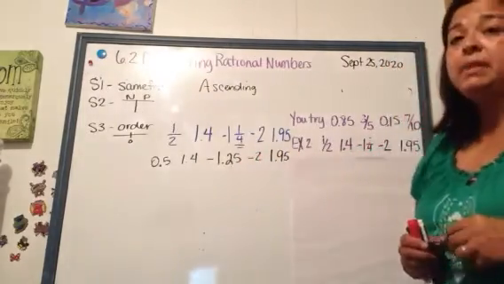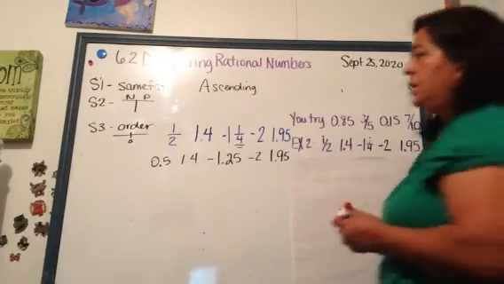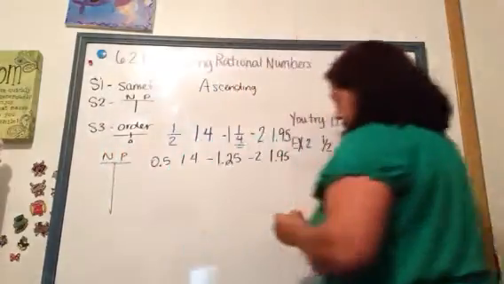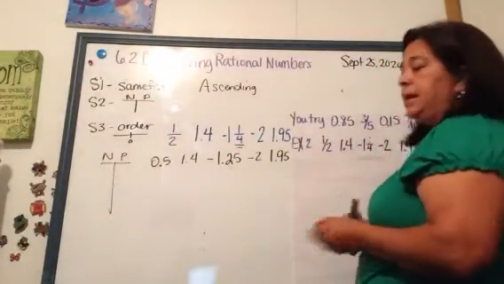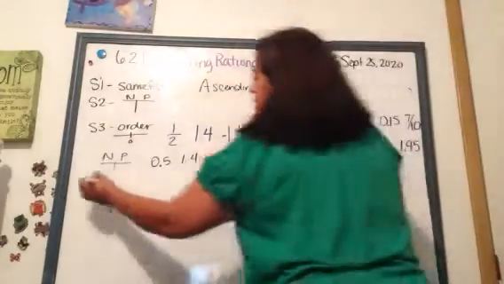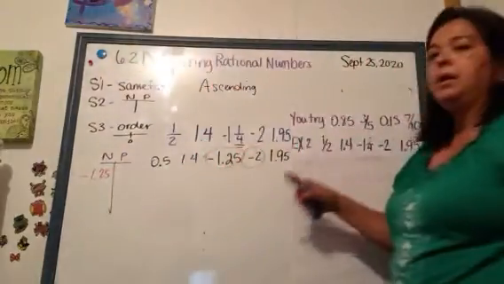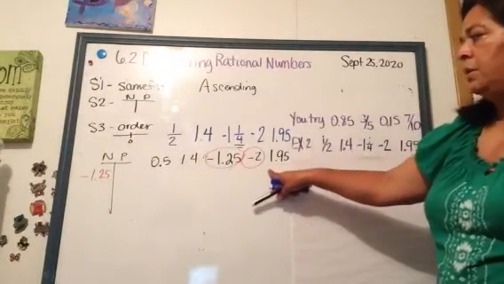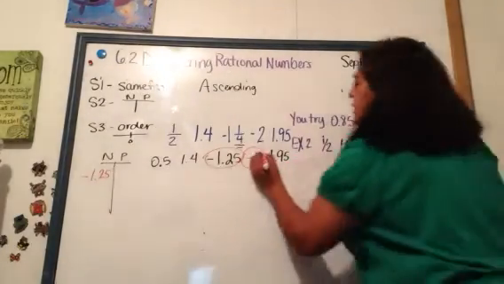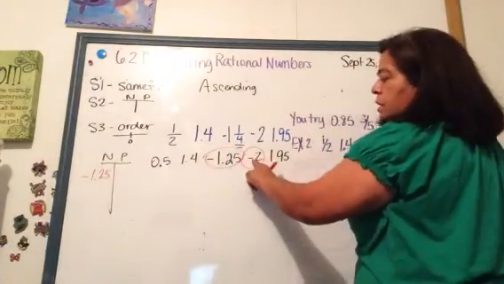Alright, so now we have some negatives, right? So what we're going to do is we're going to use our T-chart, and we're going to separate them. Negatives, positives. What I do is I always look for the negatives, and I circle them, and then I write them over here. This is -1.25. And remember, we line up decimals, so this is -2. Where is the decimal? Hopefully you said the decimal is behind the 2 because that, think of it as $2. If you put it in front of the 2, then it becomes